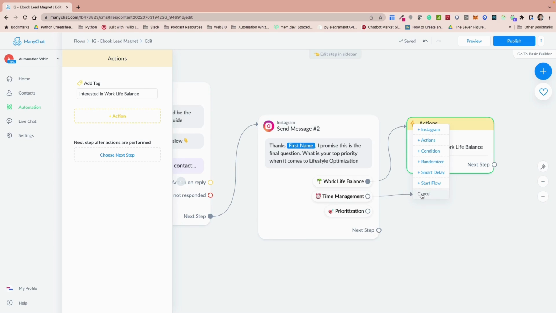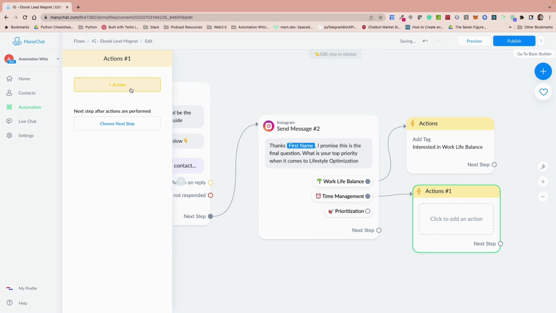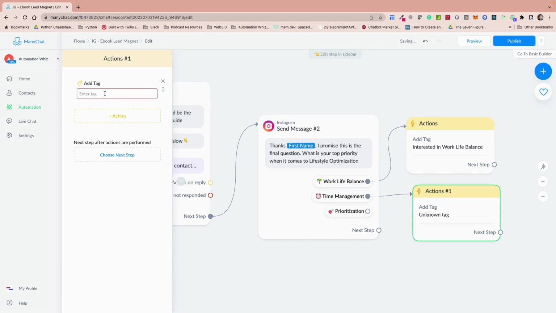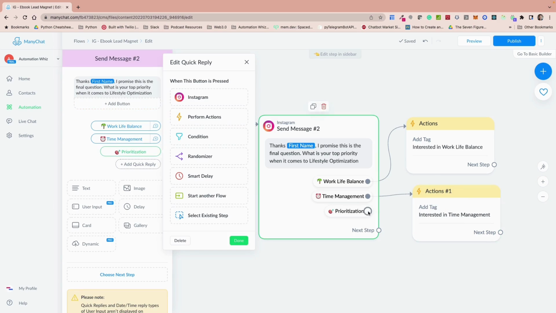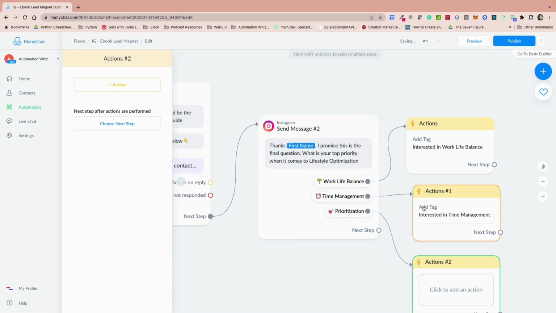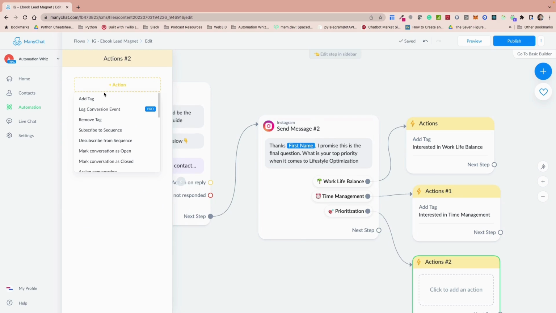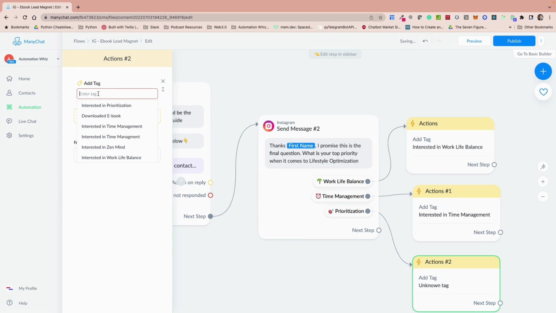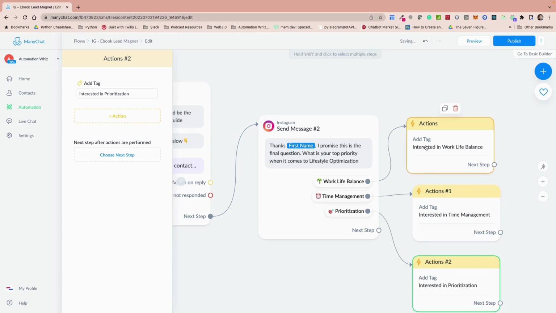Then I can do for time management something similar. So I'll go ahead and add a tag. I also have that for time management. And then finally, for the last one, prioritization, I also want to add a tag for that. And I can do something like interested in prioritization. So you can see all my 3 options allows me to